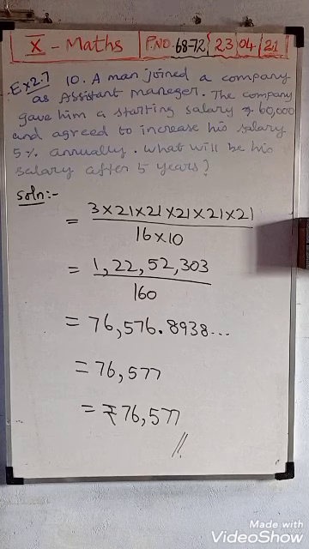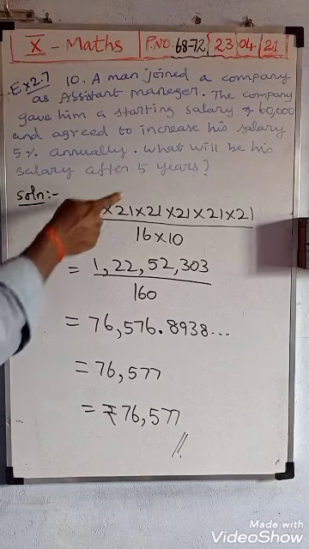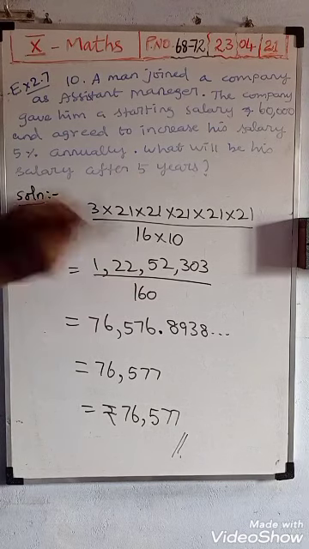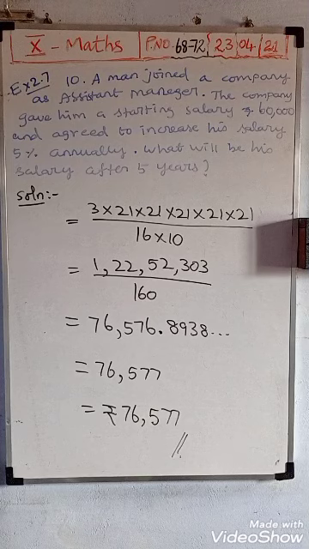You want to follow this method. Use the appreciation formula only, we can use it. Here it is given: find the estimated value of the machine in the 6th year. They are asking the value of the machine, then 6th year means n is 5. Here the salary after 5 years was asked, then means the 6th year only, so exactly n you want to substitute 5 there. Estimate the value of the machine in the 6th year, 6th year means n you want to substitute as 5.